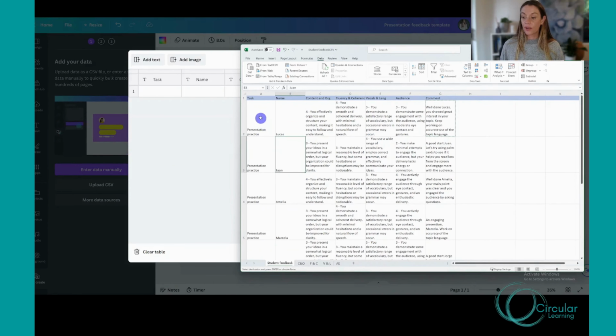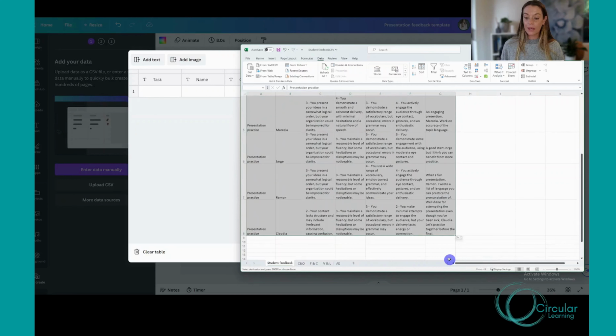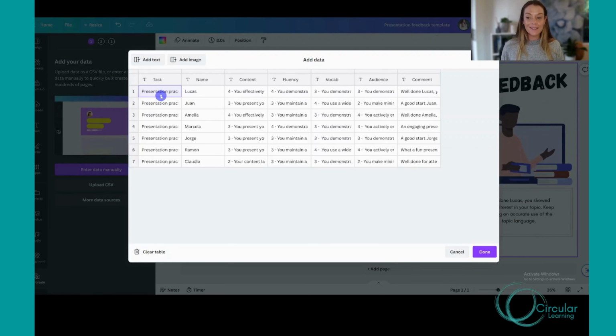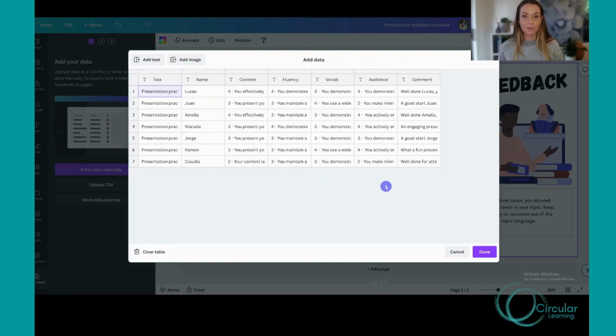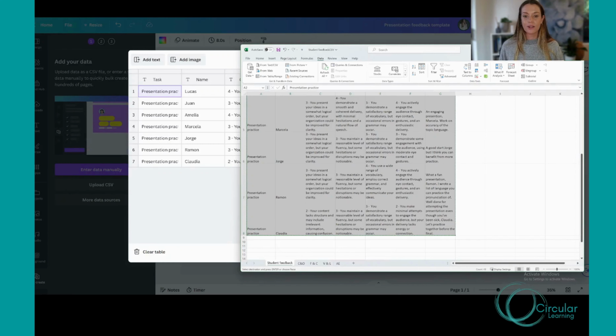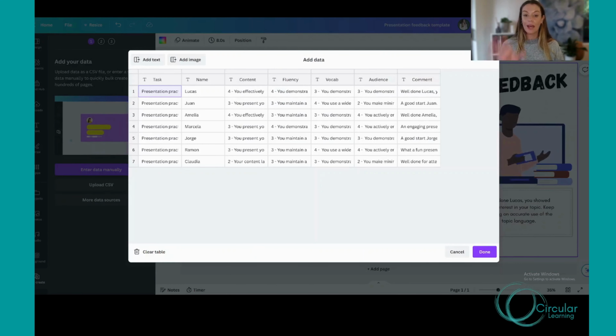So now that I've got that, I want to copy and paste all of my information from Excel. Click into that first cell there, Control V to paste it, and you can see I've recreated the table from my Excel spreadsheet here in Canva. So I can close that Excel spreadsheet. I don't need that one anymore. Now we're just working in Canva. So I want to click done,